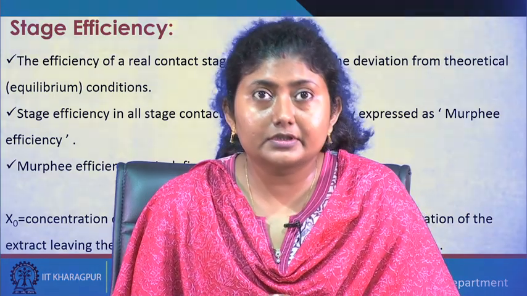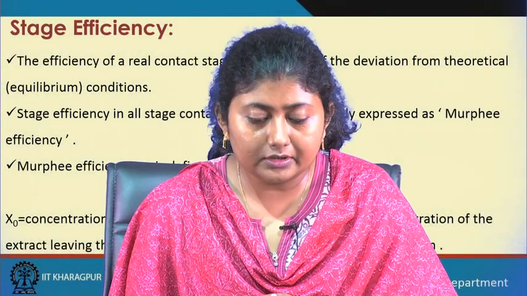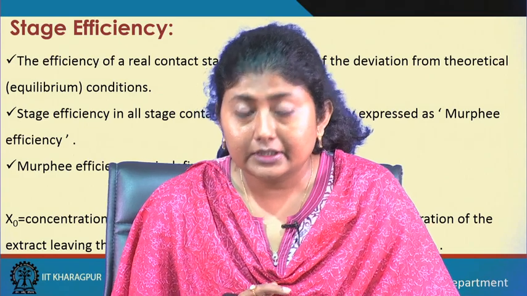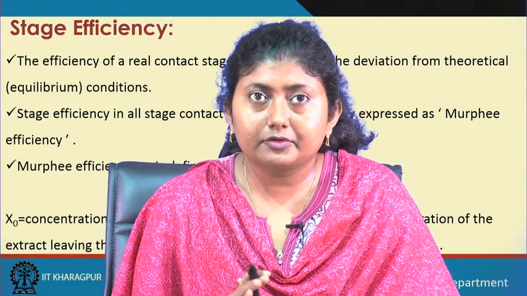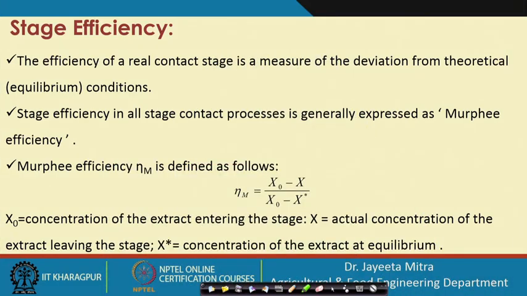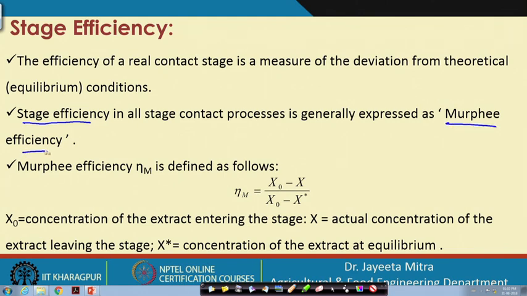So, the efficiency of a real contact stage is a measure of the deviation from the theoretical equilibrium condition, because theoretically we should have equal x A and y A value, but there is some deviation from that. So, stage efficiency